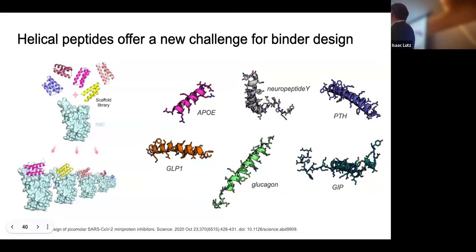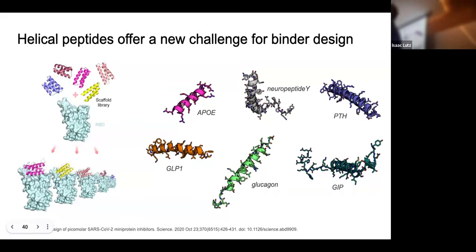So when I started on this project, we had many protein binders made with Rosetta at a success rate of like 1 in 1,000, 1 in 10,000. And they were really built upon these very idealized scaffolds, alpha helical, obviously, and basically just 3 helix bundles that you make into mini binders. And so the space of targets that you can go after with these mini binders is fundamentally limited by the